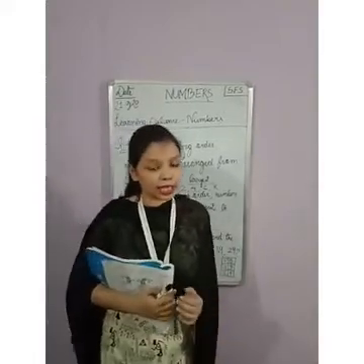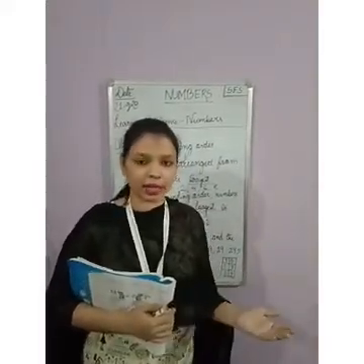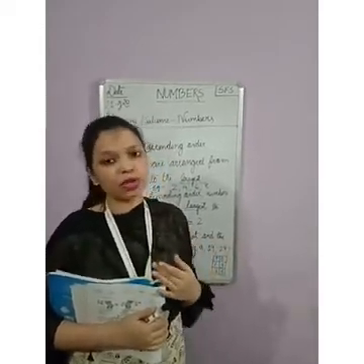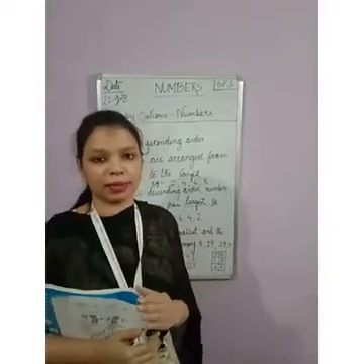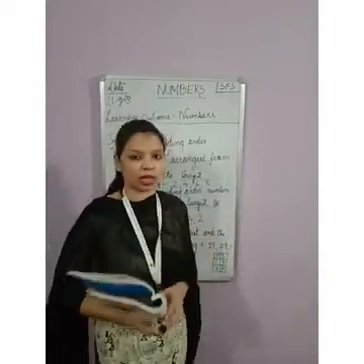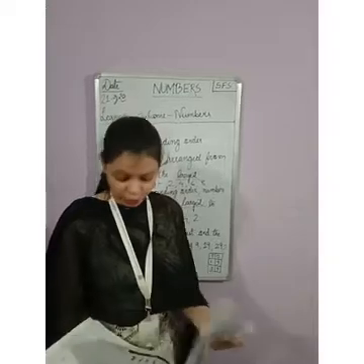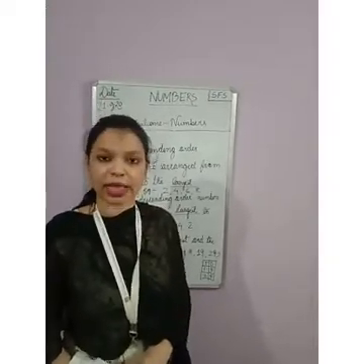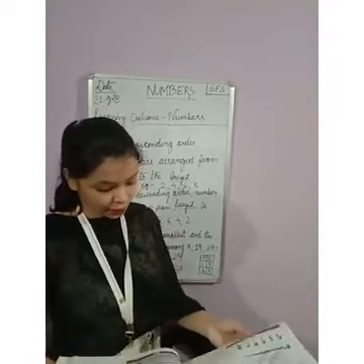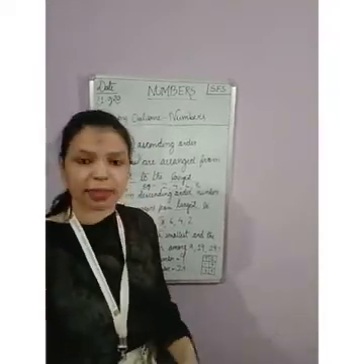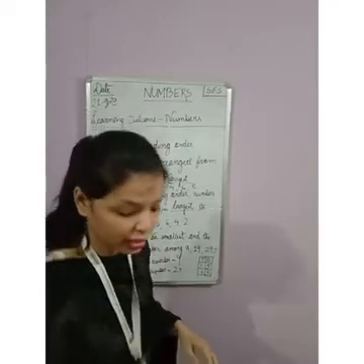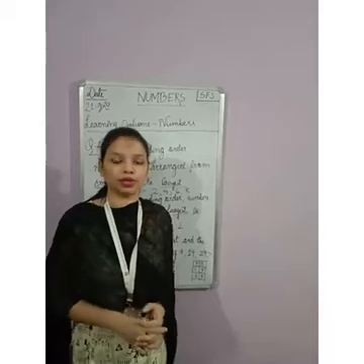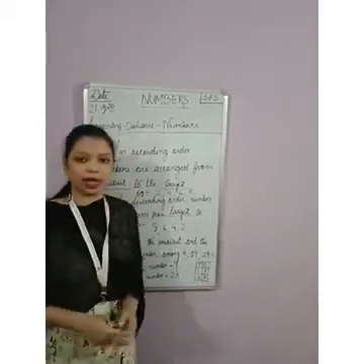Okay. For ascending and descending order, numbers are arranged from smallest to biggest in ascending, and descending is from biggest to smallest. To compare the numbers, we can make a place value chart like ones and tens. Okay. We can take the ones and tens and we can find out the answer. We can compare in the tens place. Then the one question we have done is about finding out the greater number and the smaller number. Okay. So a greater and smaller number also we can find by comparing, by taking the place value chart.